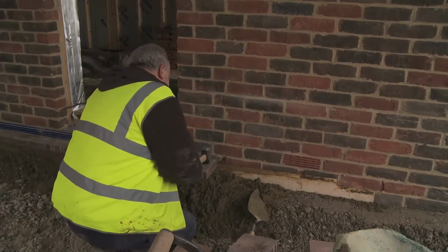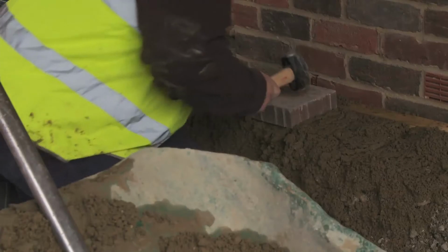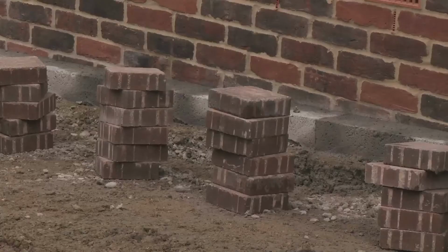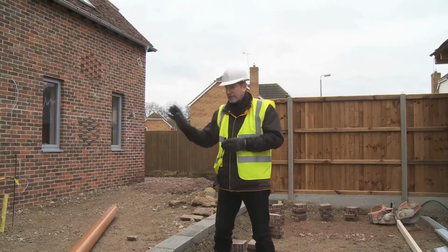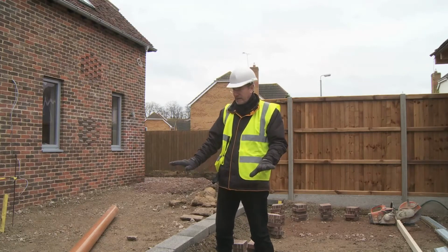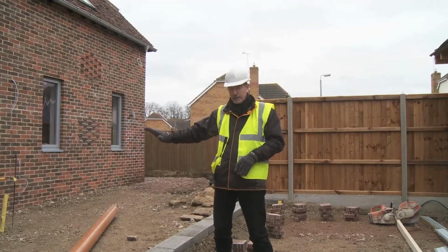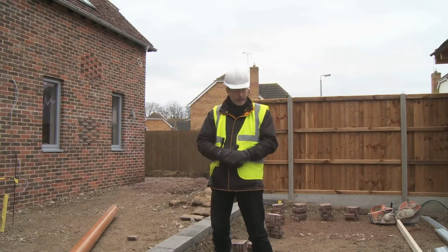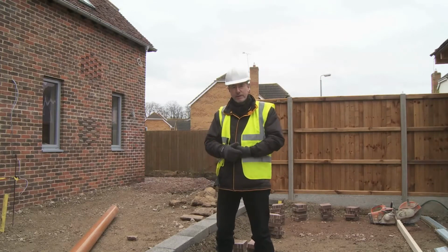As you can see, we've actually started now the hard landscaping, which is all the block paving and slabbing, anything that isn't really grass or flowered areas. It's taken 2 weeks so far, and we'll take another couple of weeks around the other side of the building. In order to get the house to comply with lifetime homes, we've had to raise the levels up because you need level accesses into the house by the doors, and then you need fairly gentle slopes that come away from those level areas. So this has all been worked out with drainage, edging blocks, everything taken into account so that it all works